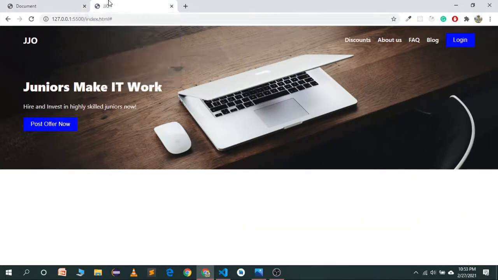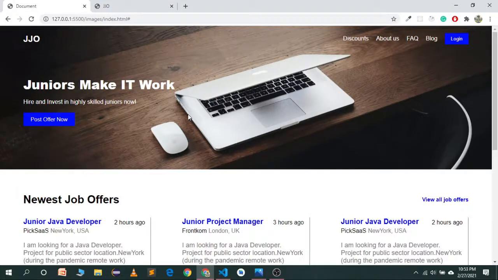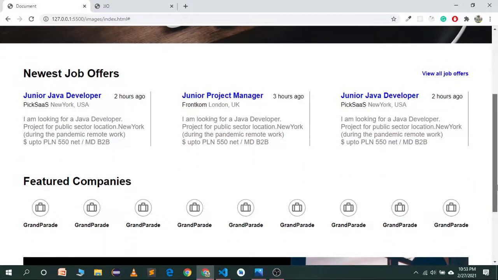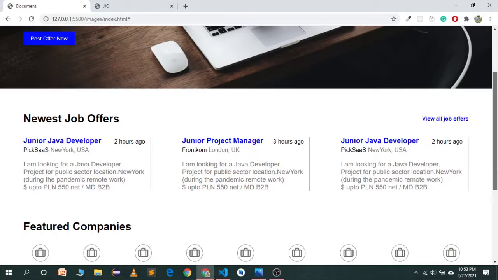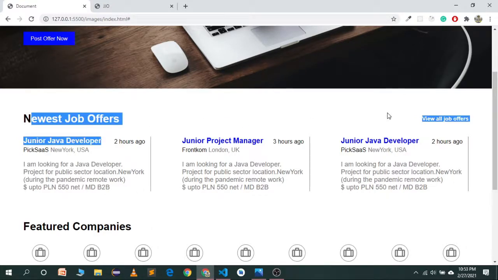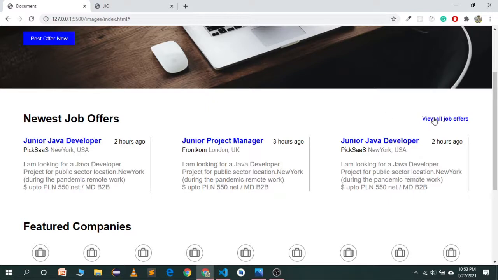Now we have to move to the next part of the build, which will be the job portion, or job portal. Here we have a heading and this simple looking button, or we can say a link, which will say View all job offers.